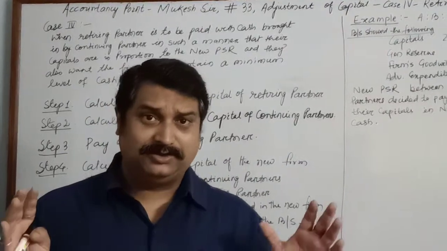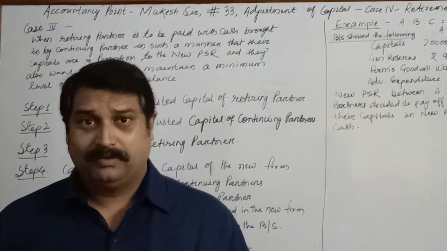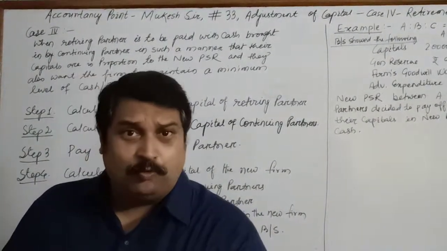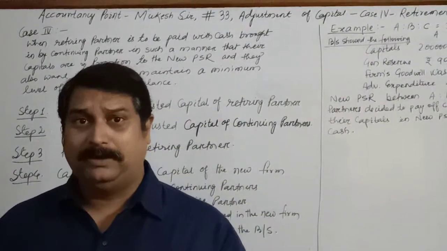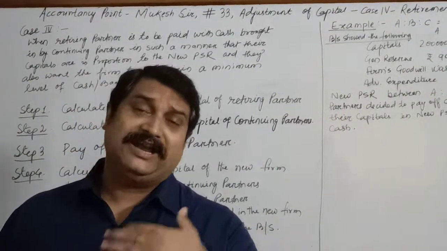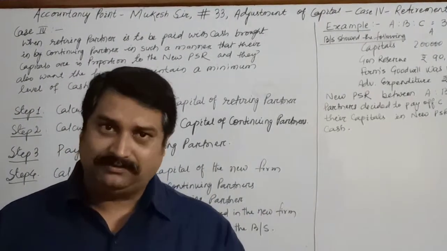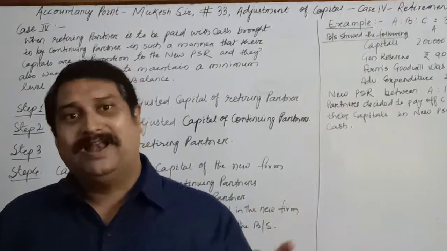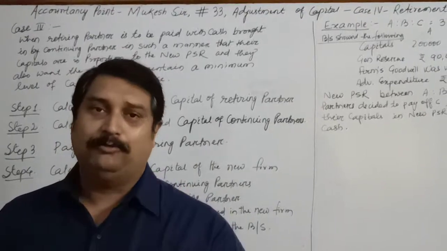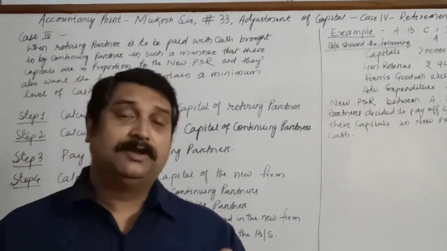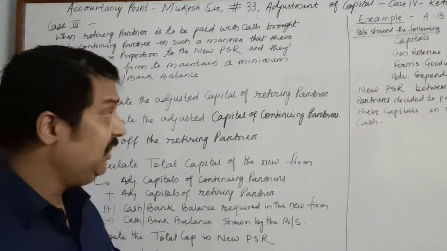Besides that, today in this particular case, I am not going to attempt a full question because there is nothing new over here in this particular concept. So I will be just taking a small example with the help of which I will try to explain the partner's capital account. First of all, I will take an example and solve the working part. Then I will take one partner's capital and show you in case of a full-fledged sum how to solve such type of question. Children, this particular case, as I told you, is just a continuation of case 3.